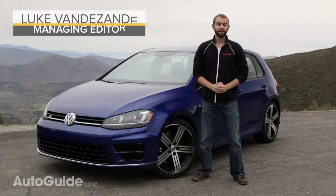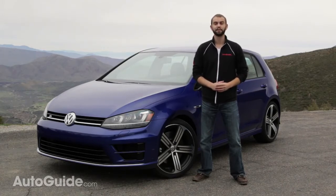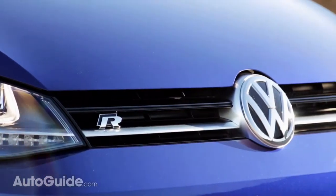Whether you own one or not, there is no denying that the Volkswagen Golf creates a serious buzz. It all started in the mid-1970s when the company released the first generation that went on to birth the first GTI, a car that most people credit with creating the hot hatch segment. But the Golf didn't really crescendo until the early 2000s when the company first released the R32, a revolutionary car